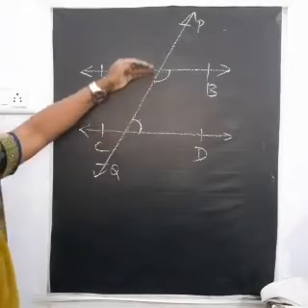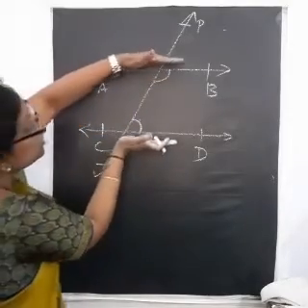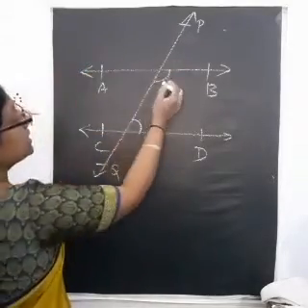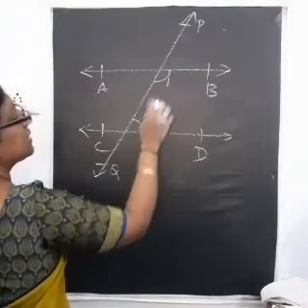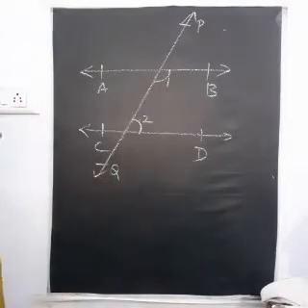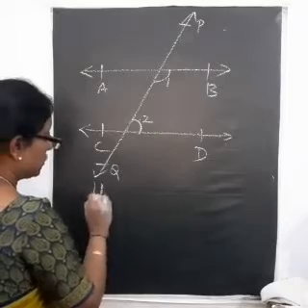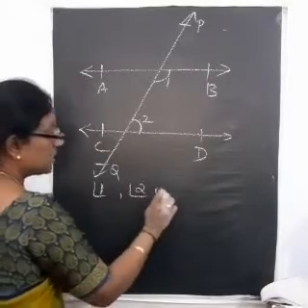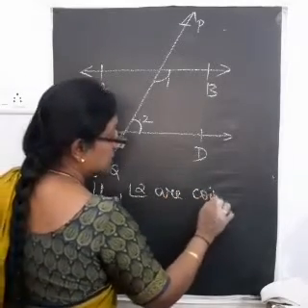Yes, they are in between these two parallel lines. Then this angle and this angle are called co-interior angles. So angle 1 and angle 2 are co-interior